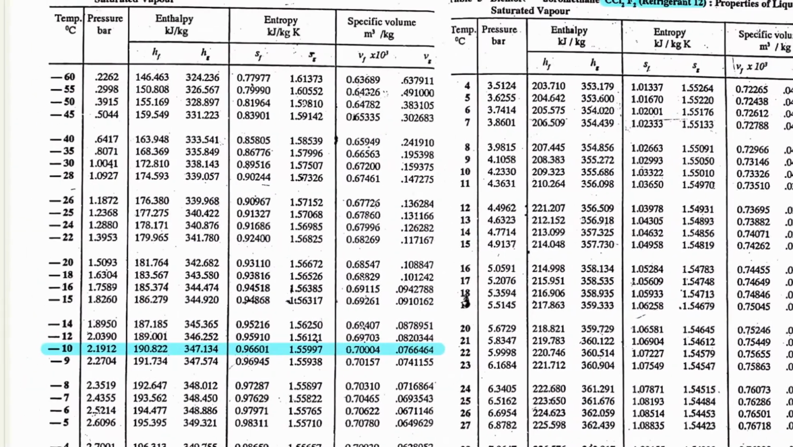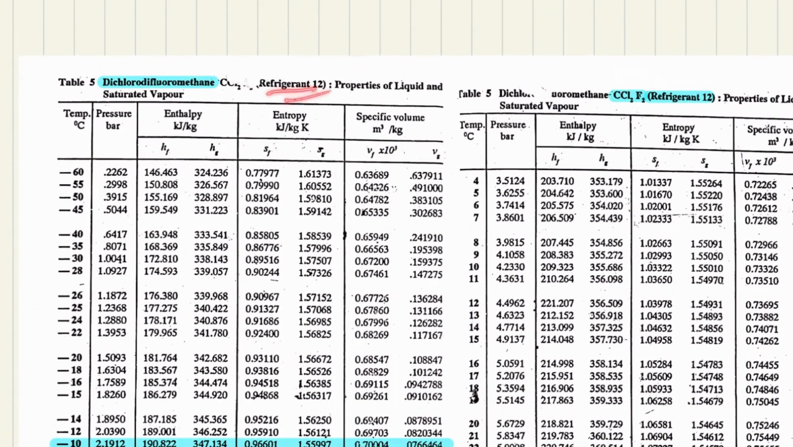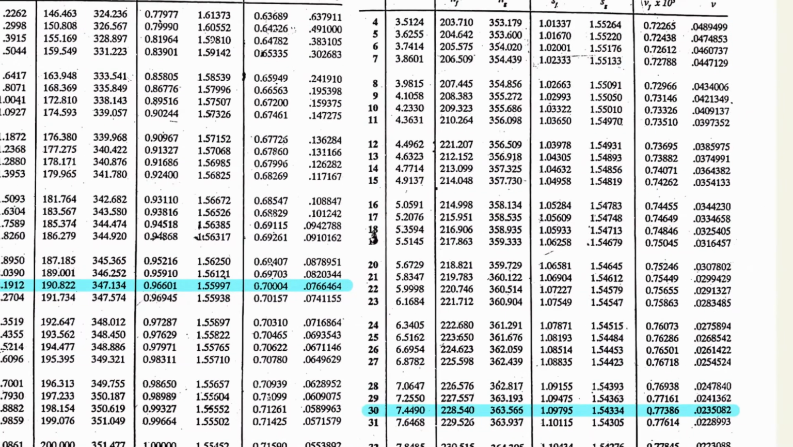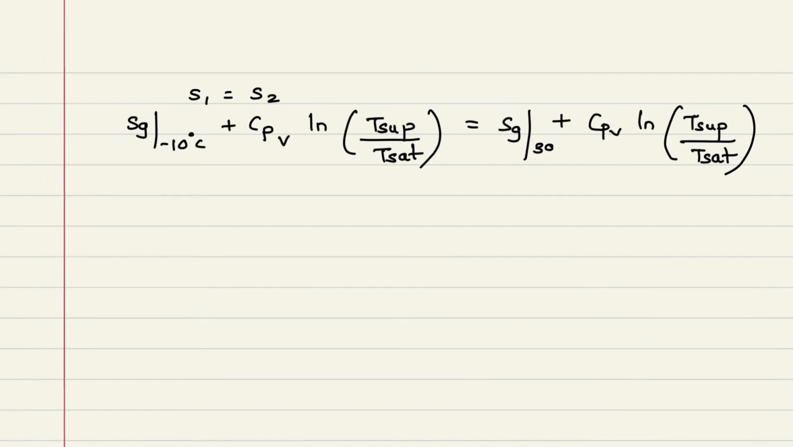So here you can see we are looking at the R12 tables. At -10 degree Celsius, Hg is this value, and at 30 degree Celsius, Hg is this value. So we will take these values and calculate. So Hg value